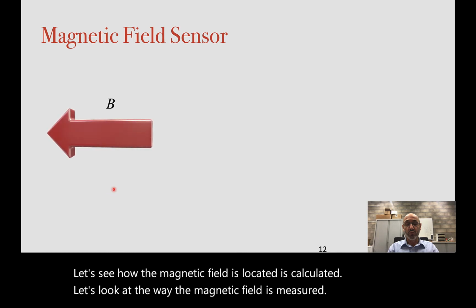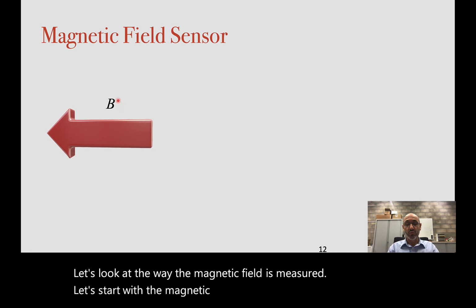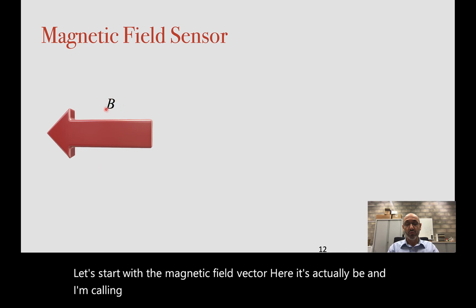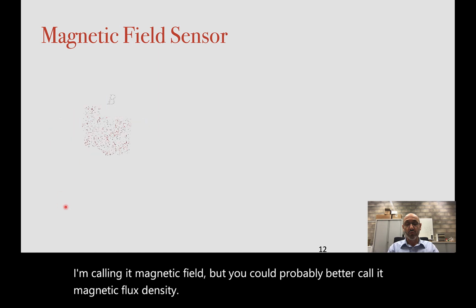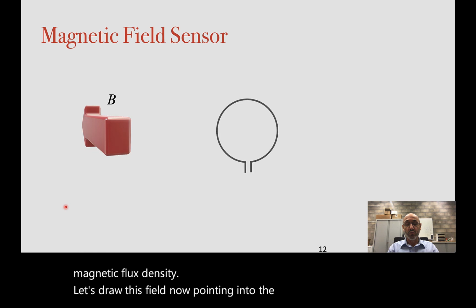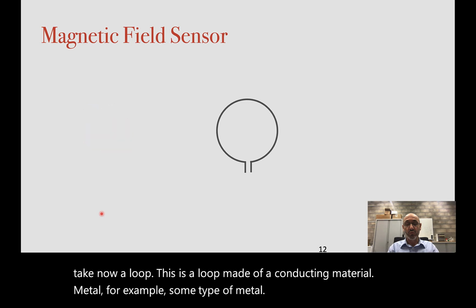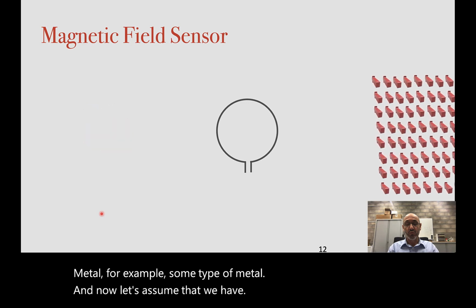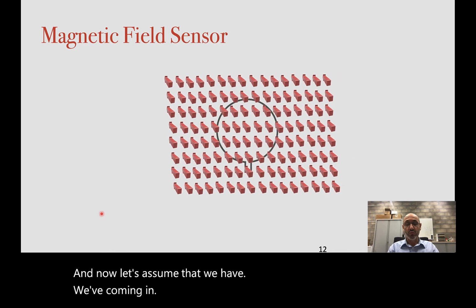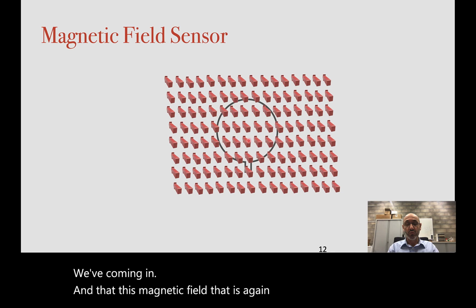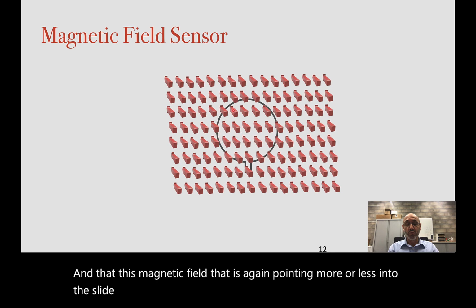Let's start with the magnetic field vector here. It's actually B. I'm calling it magnetic field, but you could probably better call it magnetic flux density. Let's draw this field now pointing into this slide, and we are going to take now a loop. This is a loop made of a conducting material, and now let's assume that we have a wave coming in, and that this magnetic field, again pointing more or less into the slide, will produce some magnetic flux